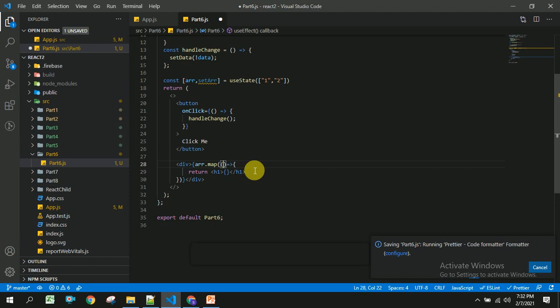So it will take two values, one is the key and the index. So I am going to render the keys, in the sense the values of the array.